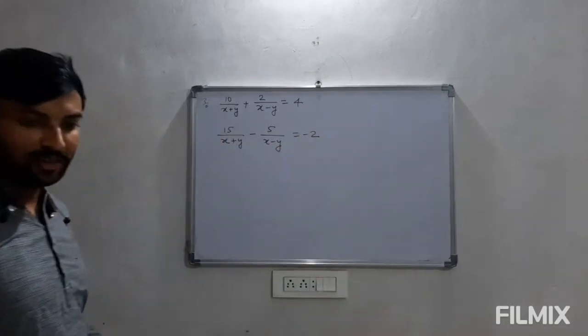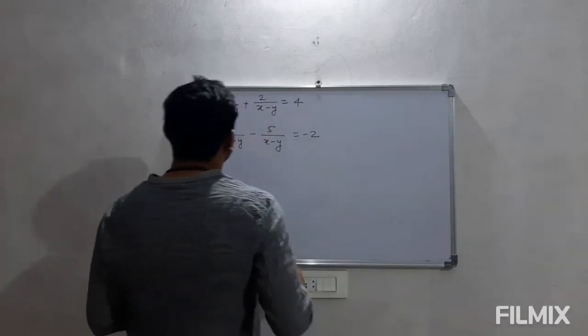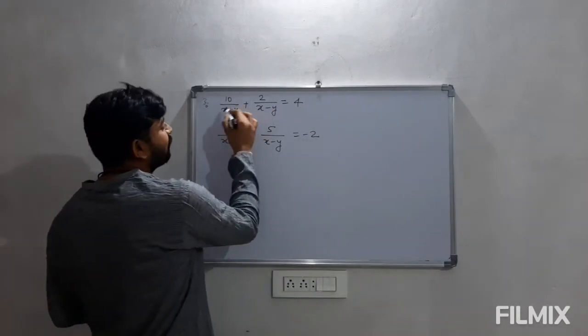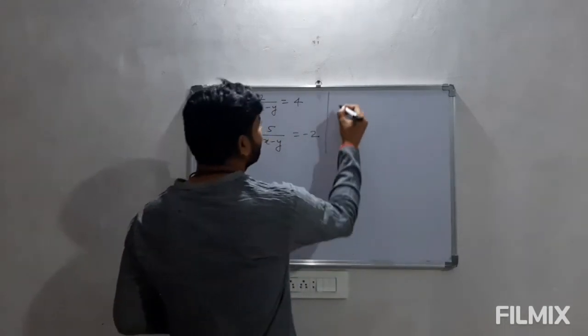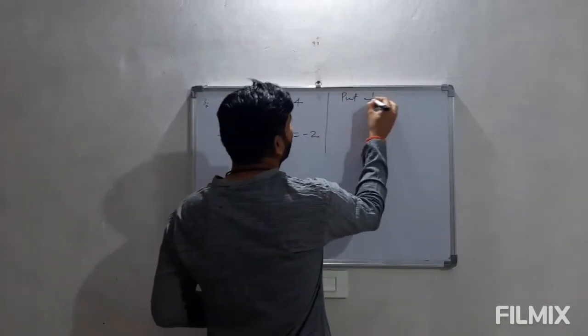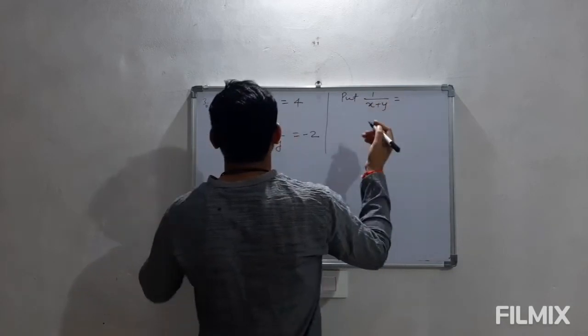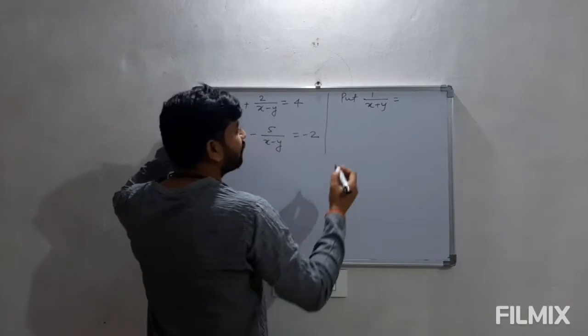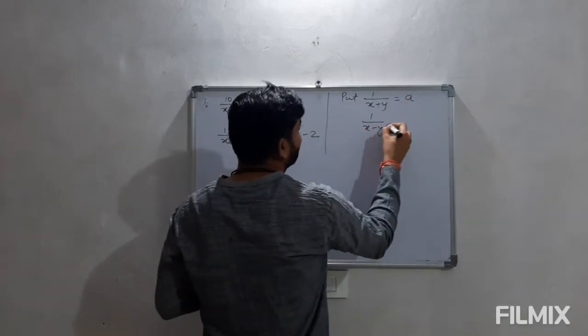So this is another type of question which we can reduce in the linear form. Here the problem is with x plus y and x minus y in the denominator. So what we have to do here is, we will put 1 upon x minus y and 1 upon x plus y with some other value. Like if we write 1 upon x plus y is equal to a,